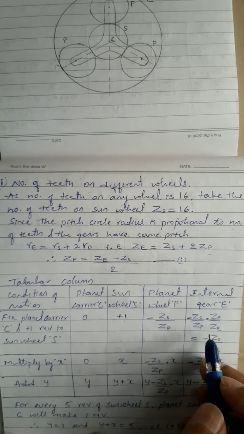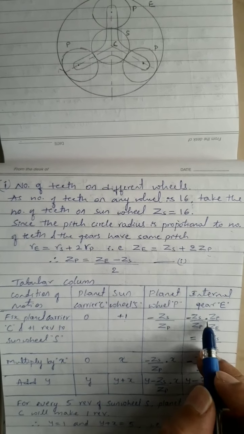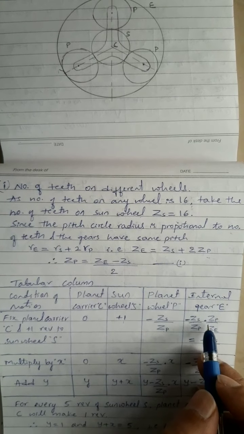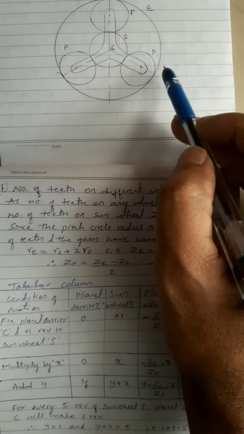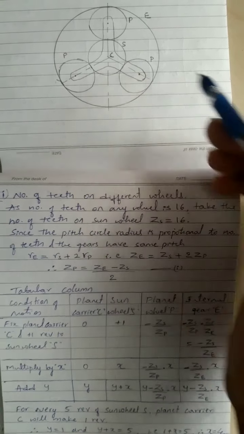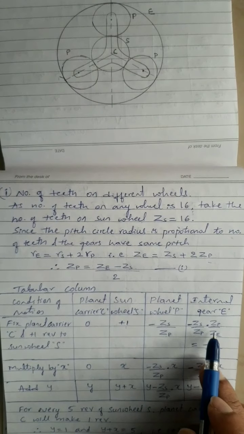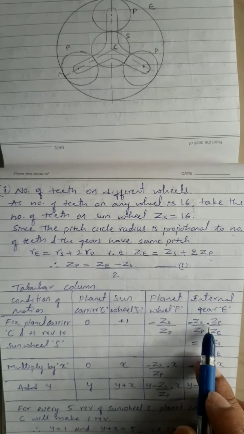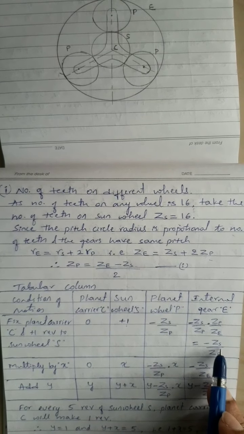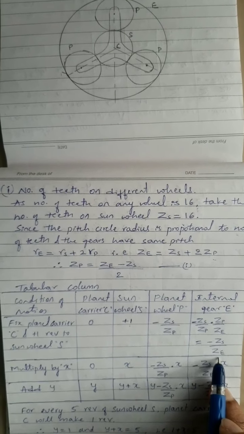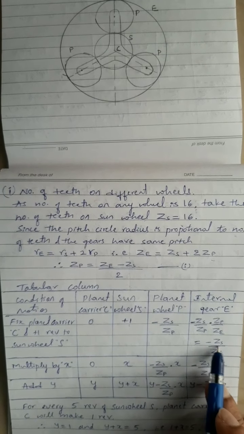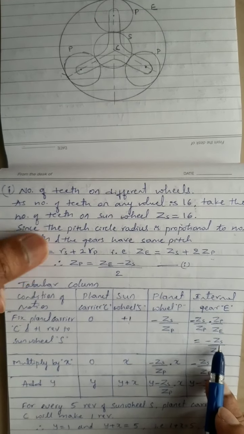And one more thing to observe is that here we have written ZP by ZE and we have not used a negative sign, since E and P are in internal mesh, they both will rotate in the same direction. So here we have not used the negative sign. So at the end we have minus ZS by ZE. That indicates that E will rotate in the opposite direction of S. So next